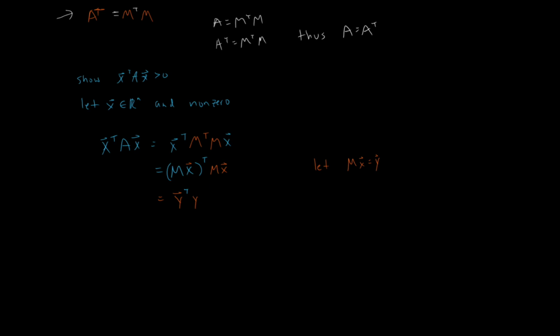Now, when we have a column vector times its transpose, this is going to be greater than or equal to 0. We have that from the previous video. Again, if you look in the playlist, there's the one before it. So it's going to be greater than or equal to 0. Now, the only problem is that the property states we need strictly greater than, not greater than or equal to 0. So what we're going to do is show that this cannot be